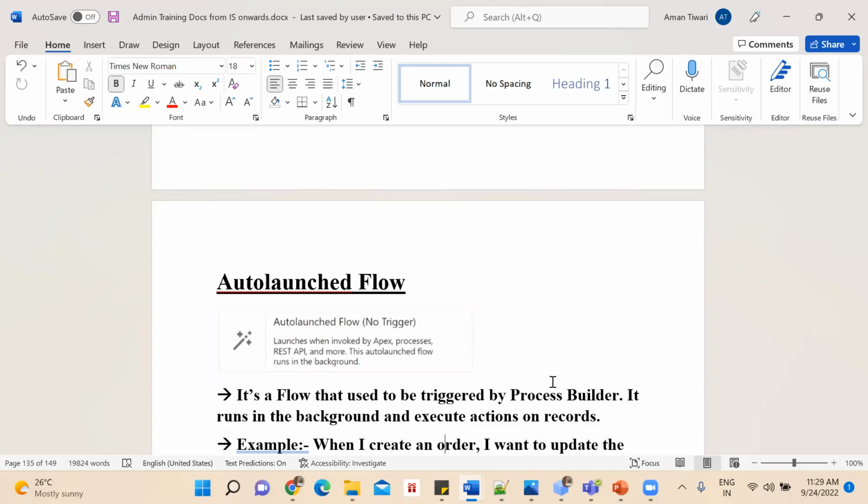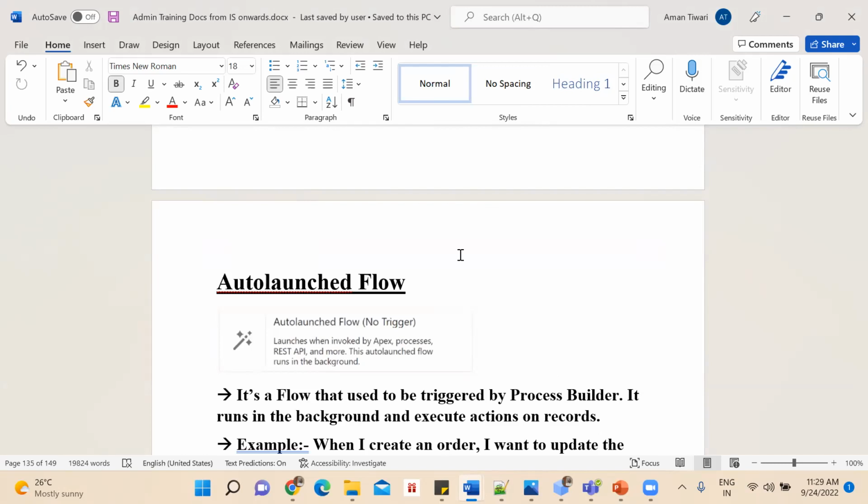We create that because it might be possible that the logic we have written inside that particular trigger handler may be used in another Apex trigger as well. That means that same logic, instead of writing it again and again, I will create a handler class, write the logic inside it, and I can call it in any other trigger wherever I want to use it. So the same way an auto launch flow works.